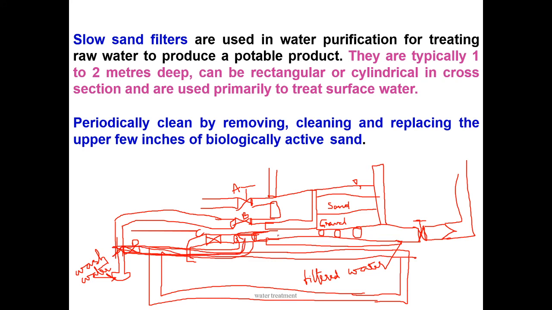Next one is to collect the filter water. It should also be capable of passing the wash water upward at a high rate. Upward velocity ranges between 0.3 to 0.9 meters per minute. So if you send the water through this, it will go upward through the filter media to clean the gravel and sand bed, at the rate of 0.3 to 0.9 meters per minute.